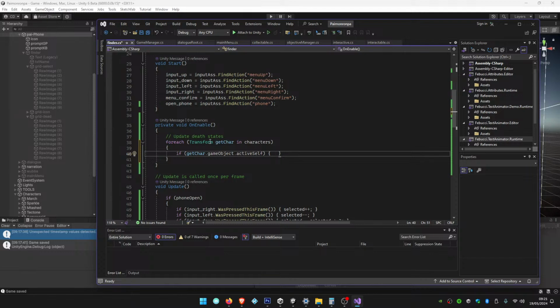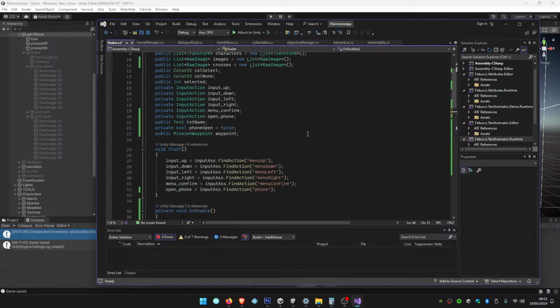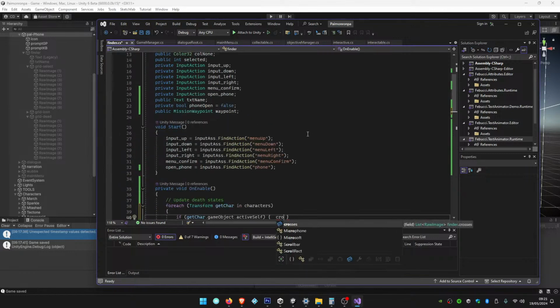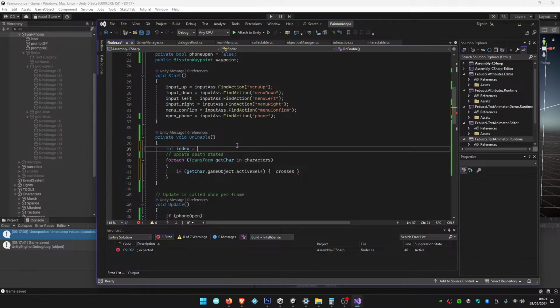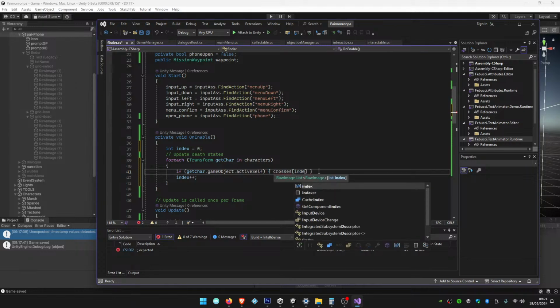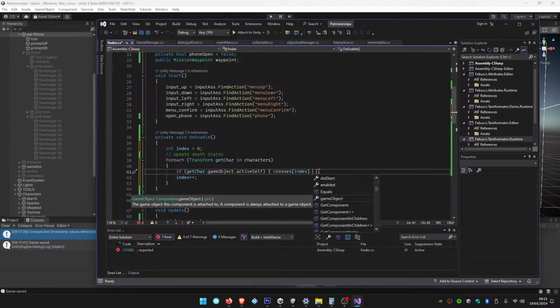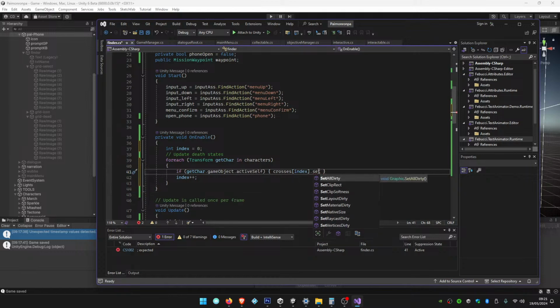Okay, if the character is active self, then basically our crosses, and we need to know what index this is at as well. So we'll do an int index equals 0. Make sure we increment index as we go through. Then we can say crosses at index dot set active